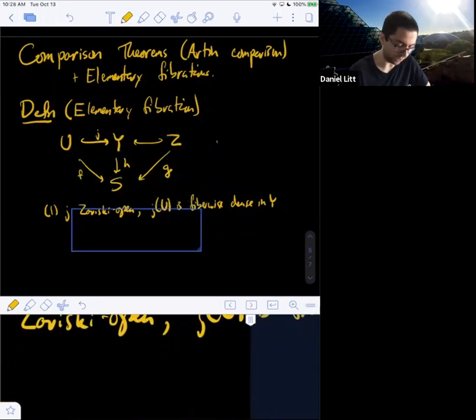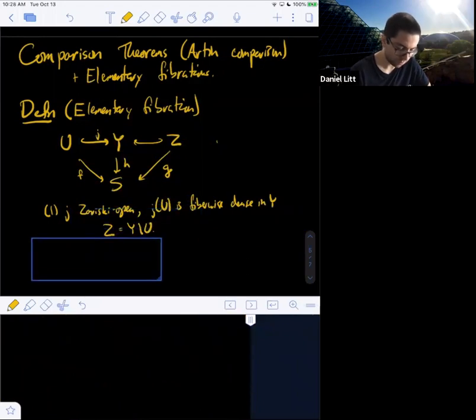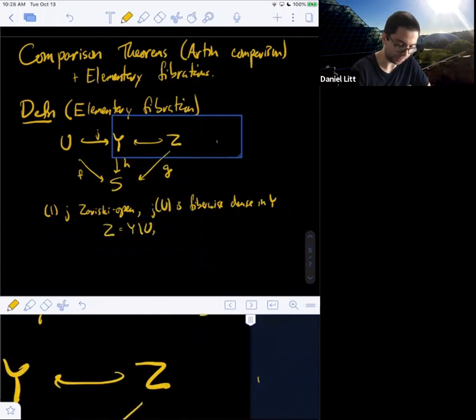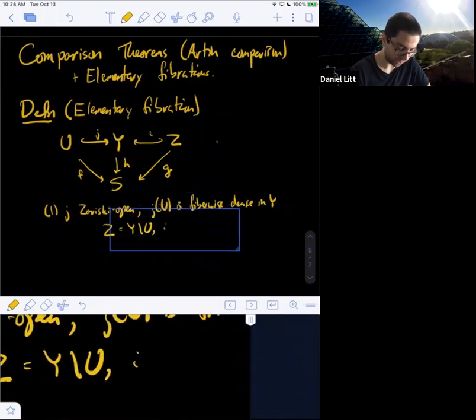And then Z is the closed complement, and let me call the closed embedding I, I from Z to Y.